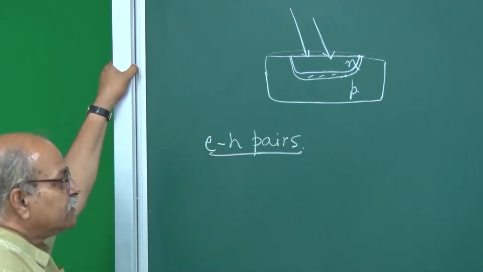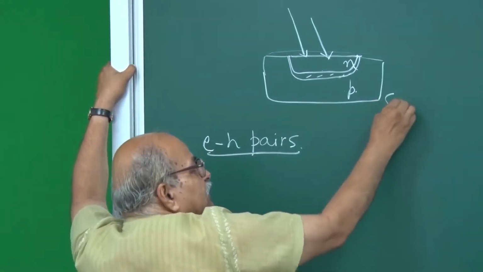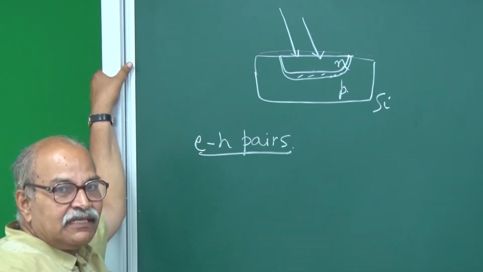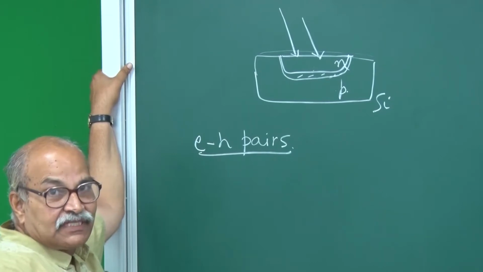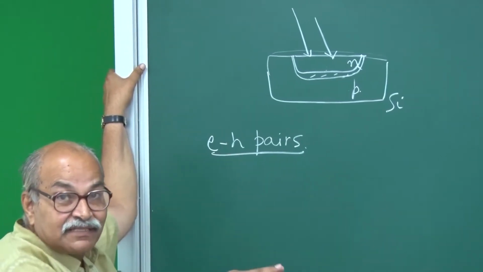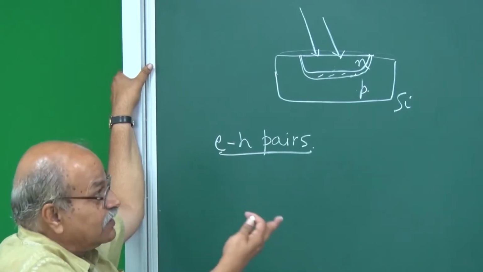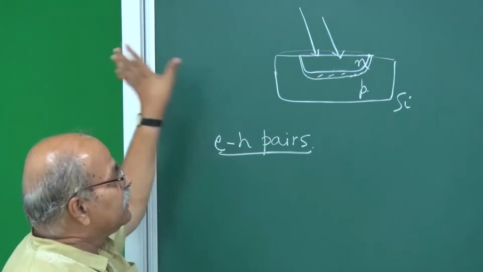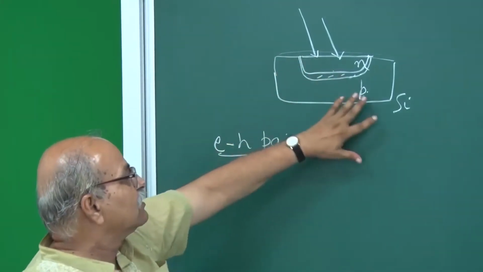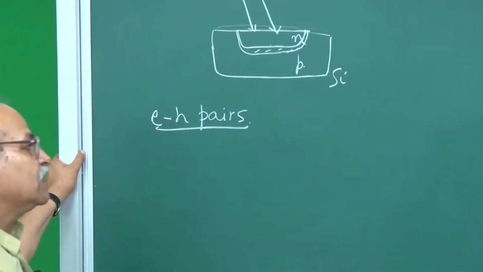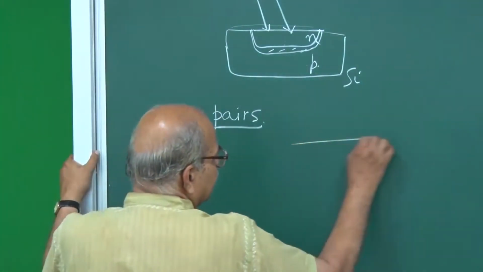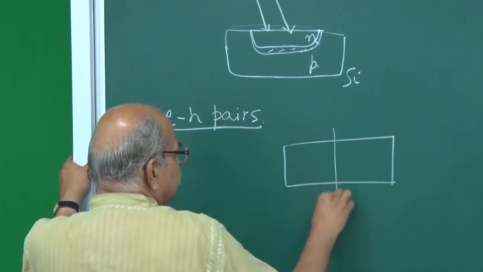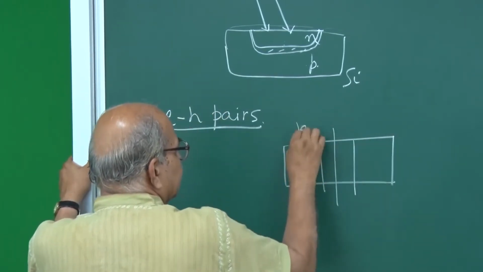Now, there is a catch here. This is silicon I am talking about, and silicon is an indirect band gap material, and therefore this radiative type of absorption is less likely, but still whatever is the probability of that is being used to make these silicon solar cells. So, let us draw our typical diagram that we had been drawing for a PN junction, P side, N side,